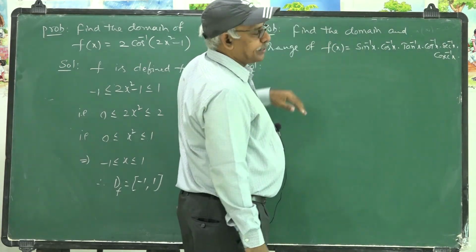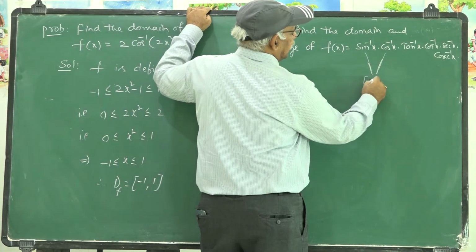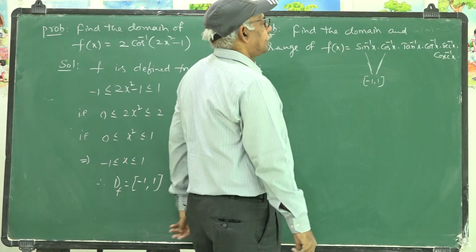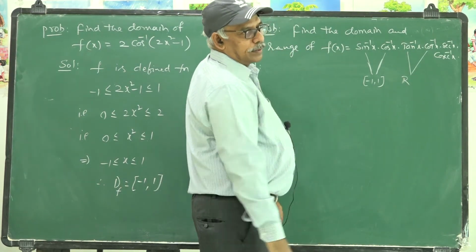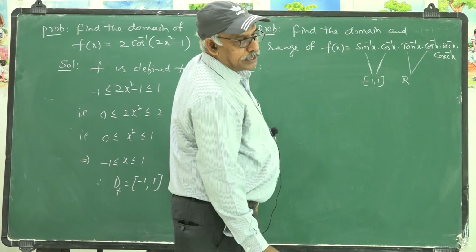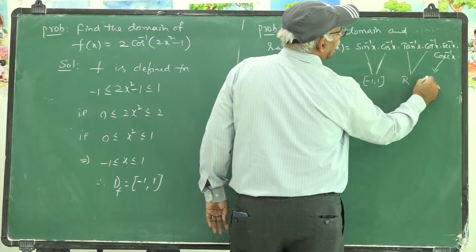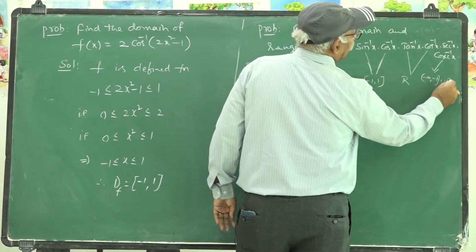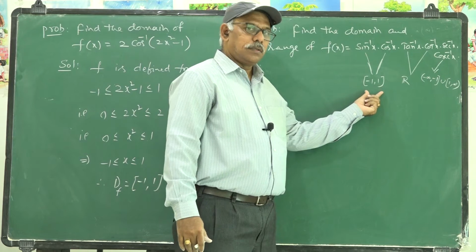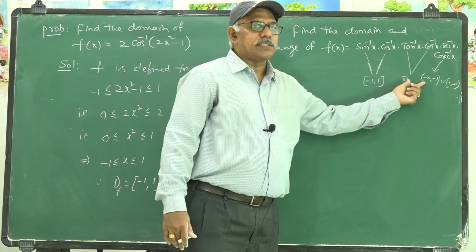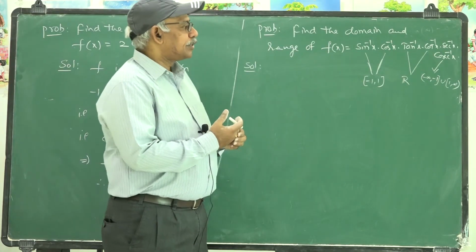Already we know that by definition itself, the domain of both cos inverse x and sin inverse x is the closed interval minus 1 comma 1, and the domains of tan inverse x and cot inverse x is set of reals, and the domains of secant inverse and cosec inverse, both are minus infinity to minus 1, closure at minus 1, union 1 to infinity.